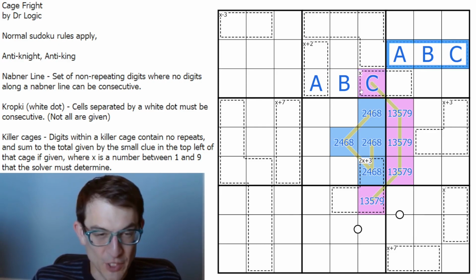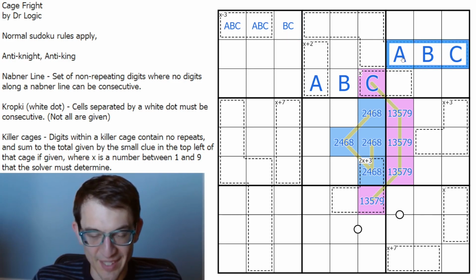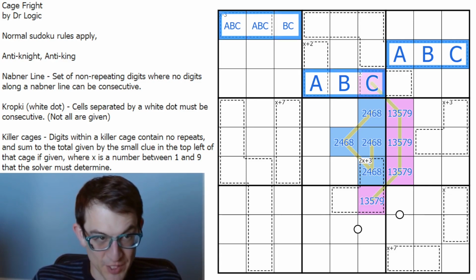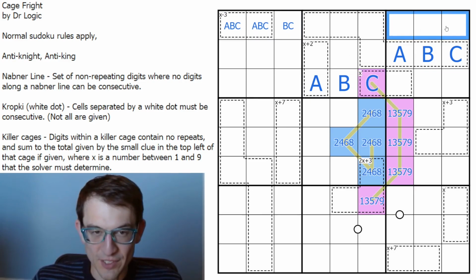And so I mentioned roping before. This is actually going to end up passing along to cage 3. So if I have ABC in the middle row of box 3 and the bottom row of box 2, then they have to go in the top row, and that's going to end up transferring. That kind of pattern is going to work for every single